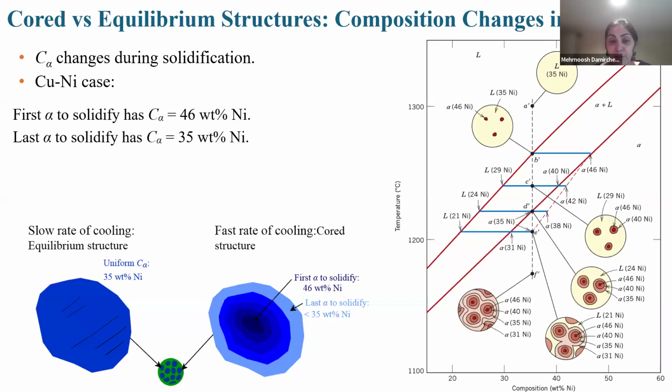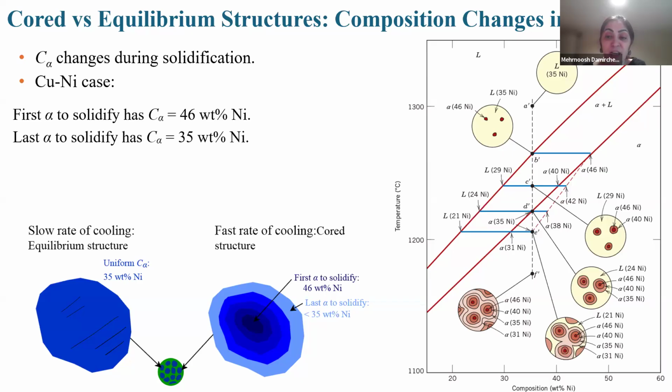But when you look at the right side, you see different shades of blue, different layers. One of them is lighter, and at the core we have the darker. It means that we have more nickel at the core, and the outer surface has less nickel. What does that mean? That its cooling was so fast. The cooling rate, for example, is about 100 centigrade per minute or more.